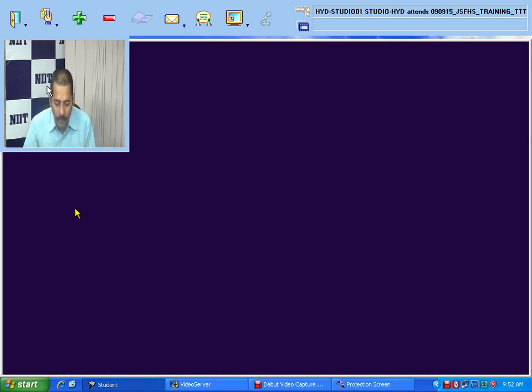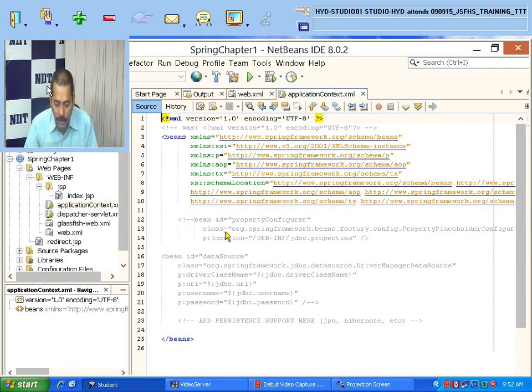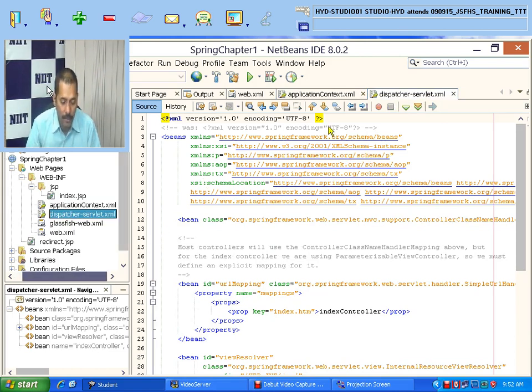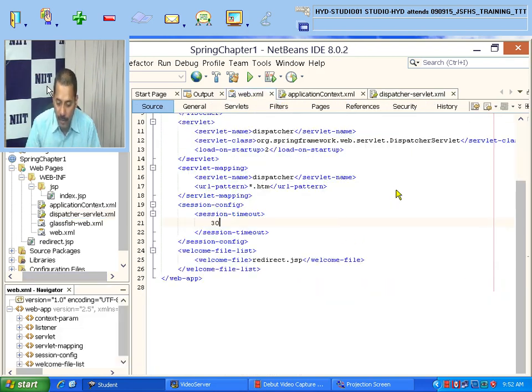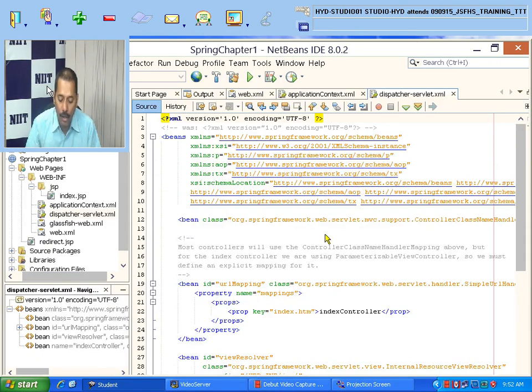Now the second file will be your application context file. As I told you, the application context file is where the bean information is contained. Next we have the file called dispatcher-servlet.xml. Do not think that the dispatcher servlet we have just discussed and this dispatcher-servlet.xml file are the same. The servlet is one thing, but this is a simple XML file which will contain the controller information